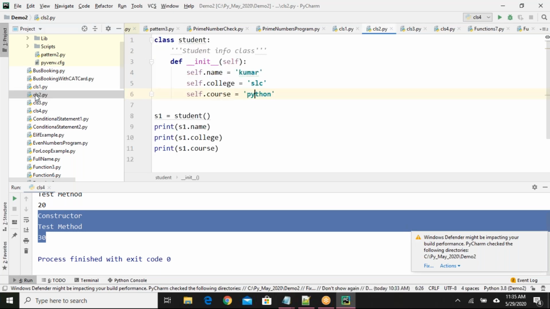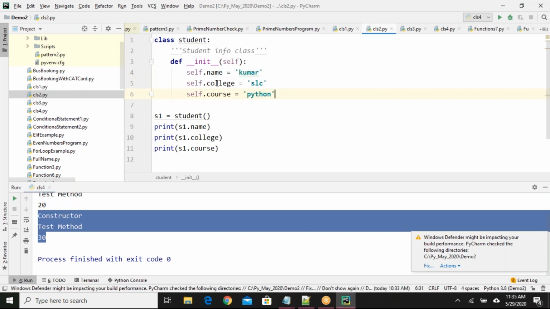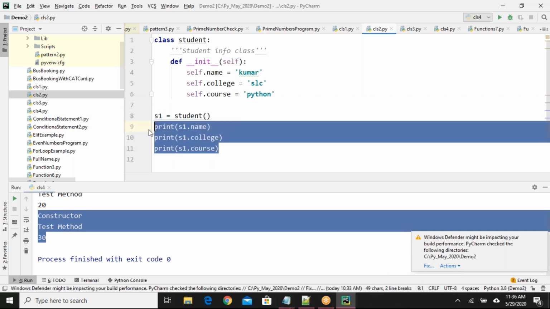The second example we have seen is with constructor. I declared one class and I declared one constructor. In the constructor, I have taken three variables and I hard coded three values for the three respective variables. Later, outside the class, I created an object for the class. I try to access the variables of this S1 instance, name, college, course.